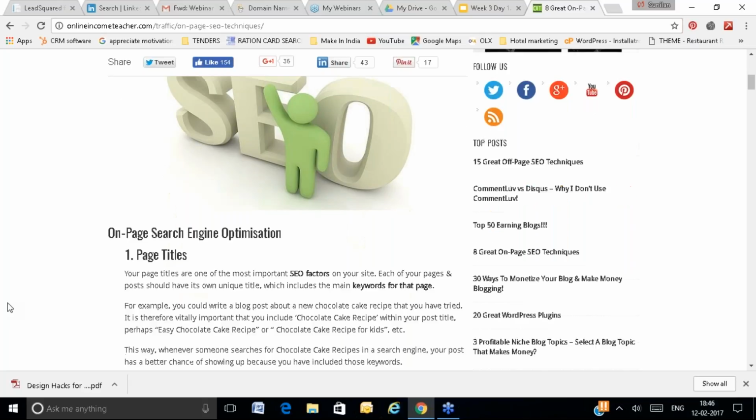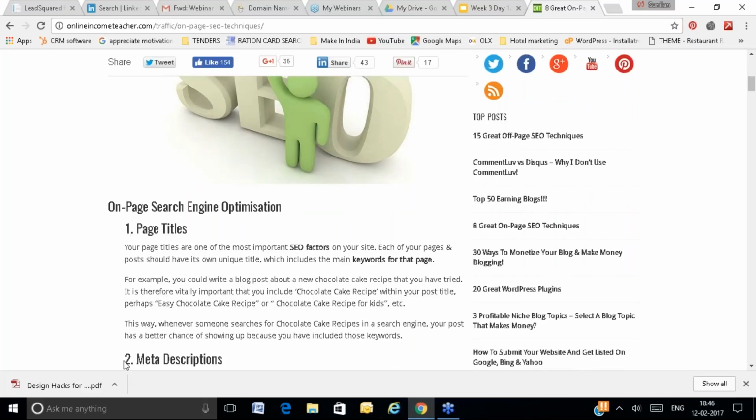When you have content, try to have it in numbering format or bulleted format, 1 2 3 4, so that your content's readability and scannability are very good. It should be super easy to read your content.